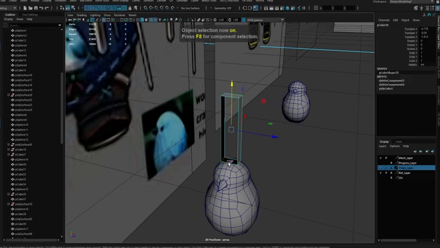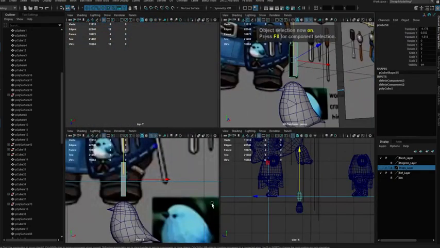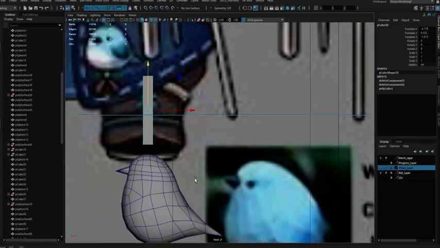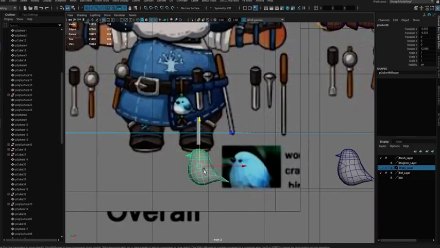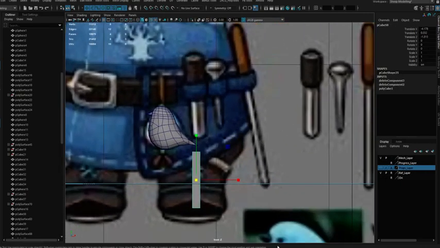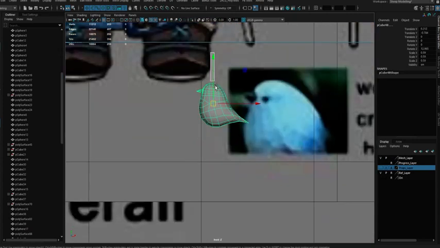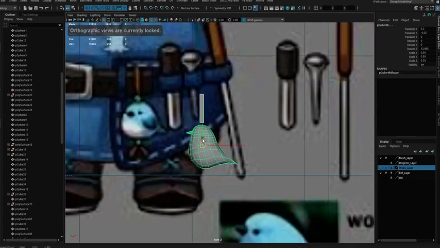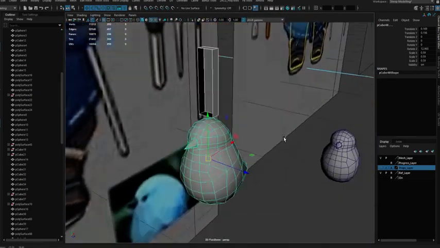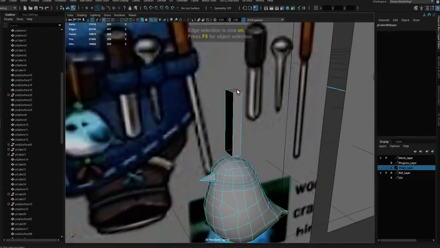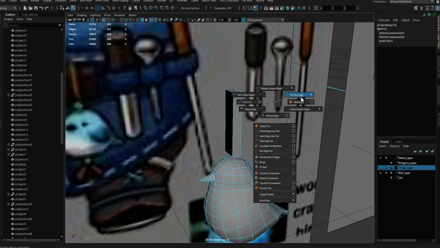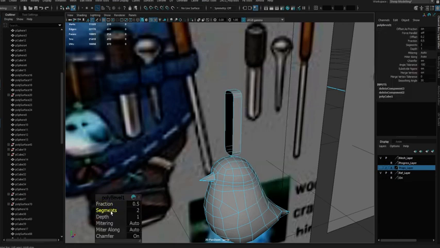Get rid of this guy down below. Size-wise, if the bird is this big, and this guy is this big, this guy's not here. Or I can put it here too. And this one, sweet. Let's do this.